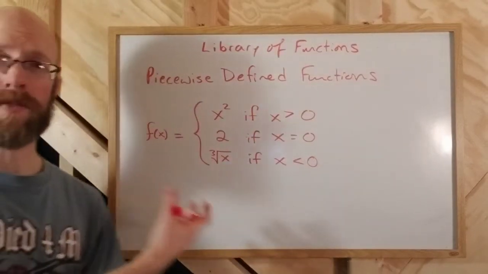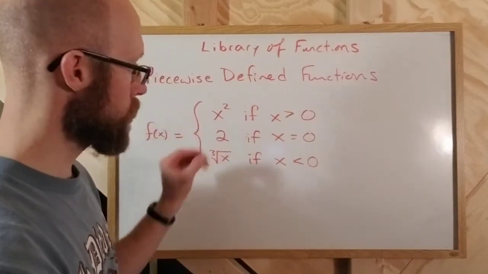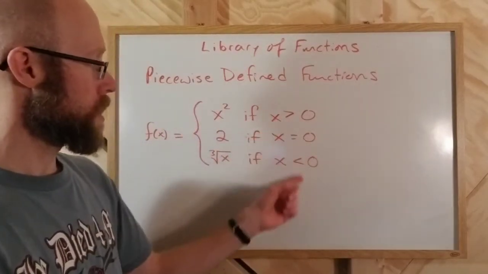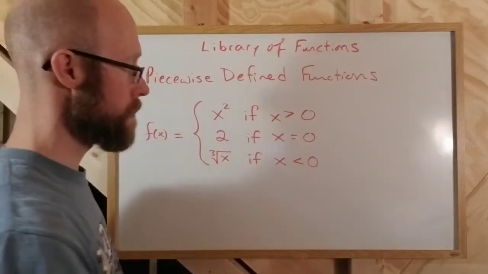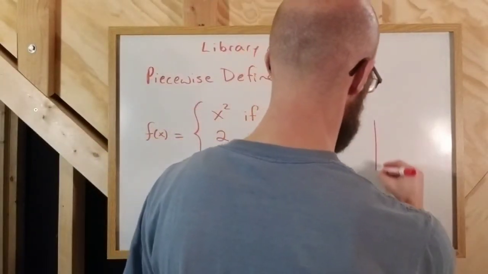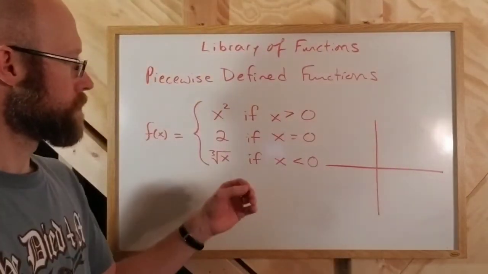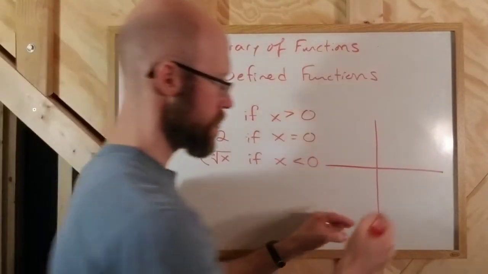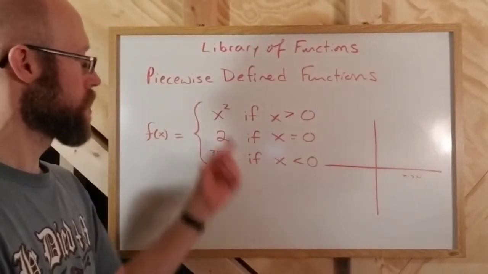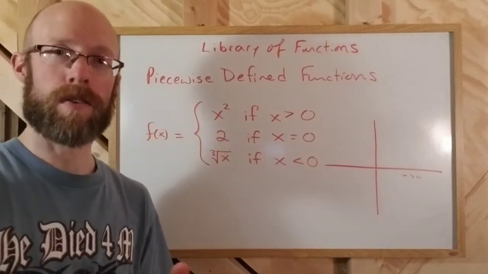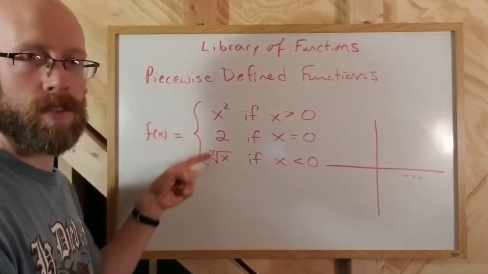Okay, so I've got 3 different parts on this one. I'm making this up as I go. We'll see how this works out. So I've got 3 different parts. And they are separated by 0. 0 is the endpoint for the portions of the domain. So when I'm trying to plot this out, for all positive values of x, so that would be everything over here to the right of the y-axis, the function is x squared. What you're going to find when you're working with these, we're going to be looking at primarily our library of functions as our options here,